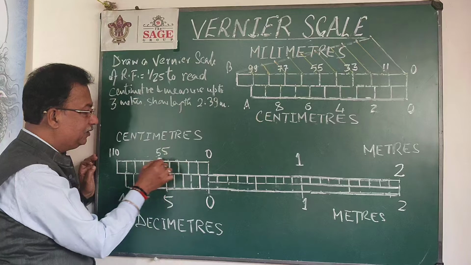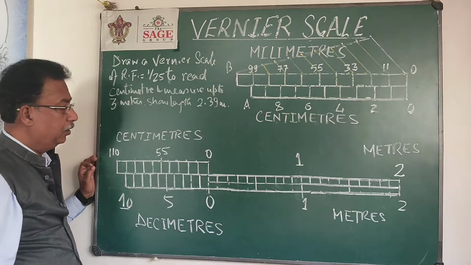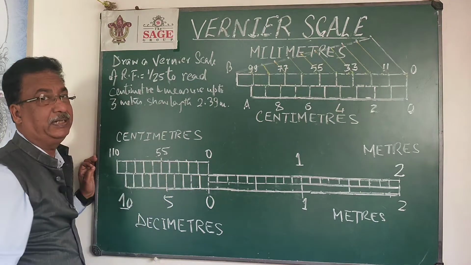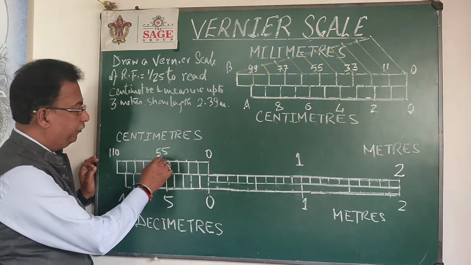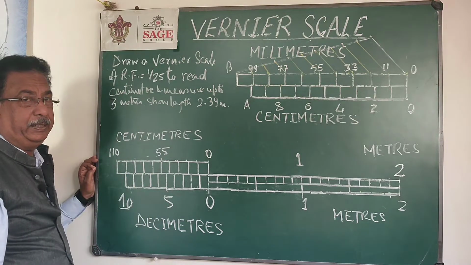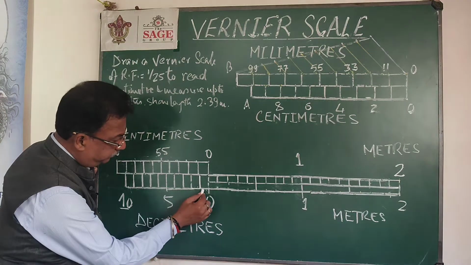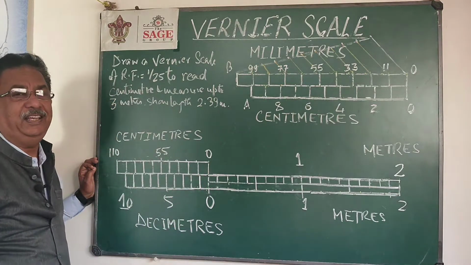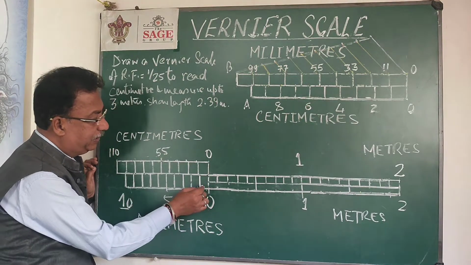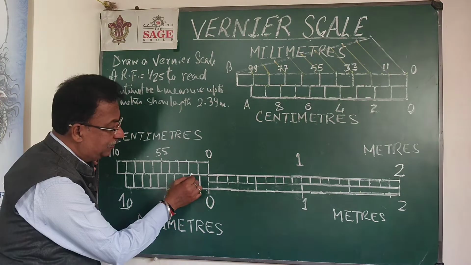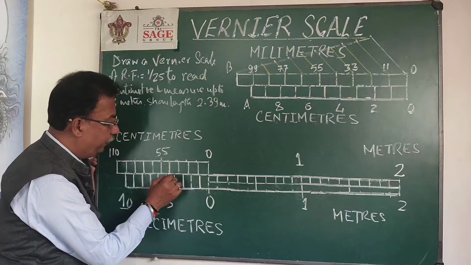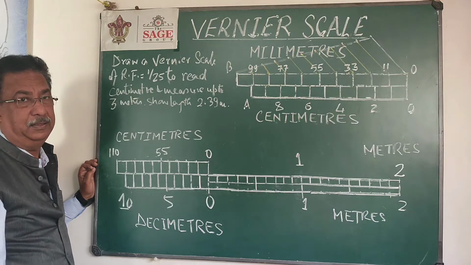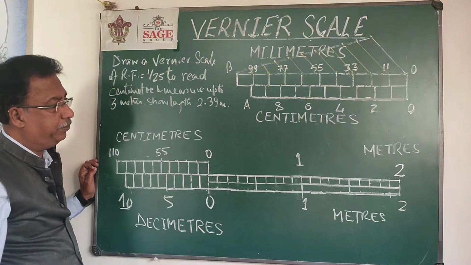Now again we have divided this primary part into 10 parts. Dividing into 10 parts means each part will be 11 centimeter, 22, then 11 centimeter parts are there. In between I have written 55, and the last one will be 110. Now the difference of this 1 decimeter part here and this one part here will be equal to 1 centimeter, because that is 11 centimeter and this is 10 centimeter. The difference of the next division will be 2 centimeter, 3, 4, 5, 6, 7, 8, 9 and finally 10. So this is the concept of the primary scale.